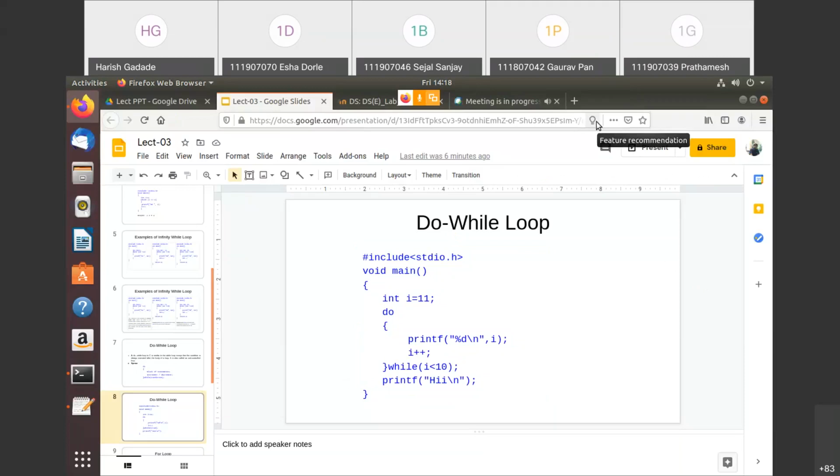Next is the for loop, and that is the most important loop in C programming, or in all programming, you can say. The for loop is, we can say, a replacement of the while loop, right? And it has a simple syntax for the while as well. So in most programs they use the for loop.